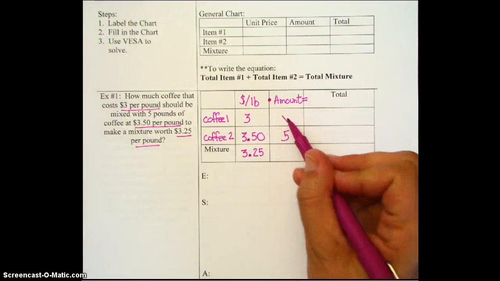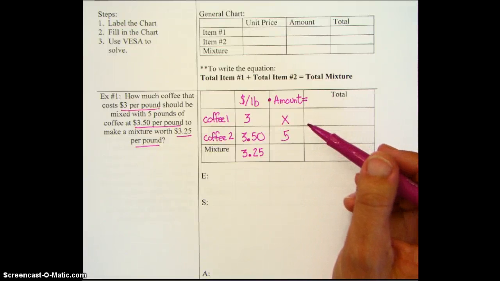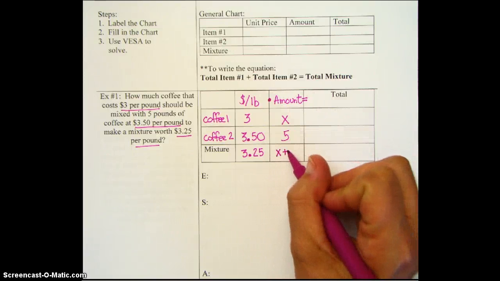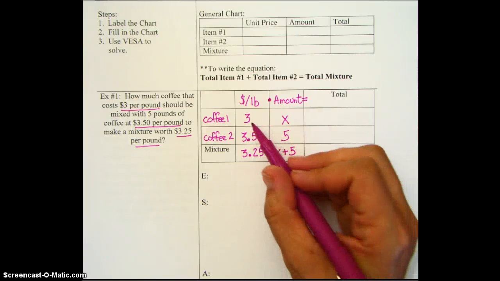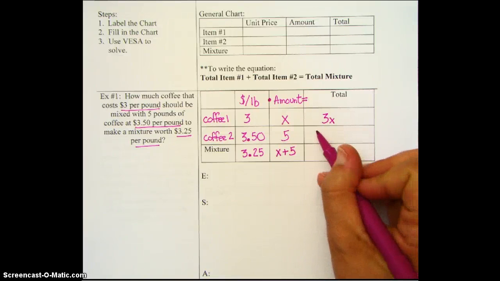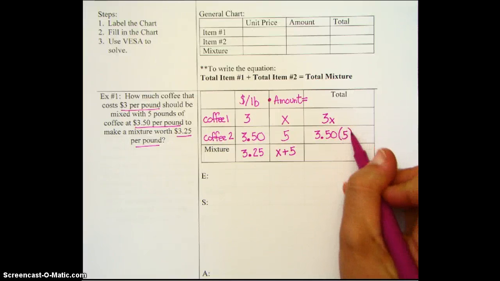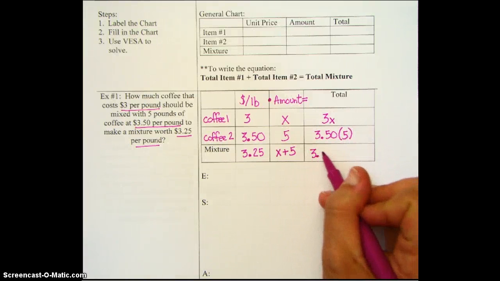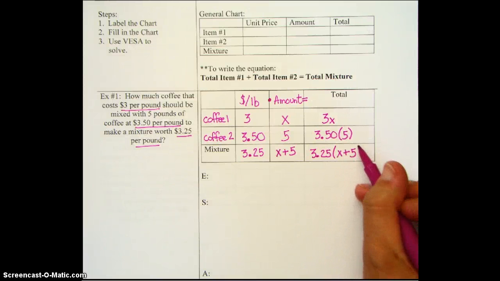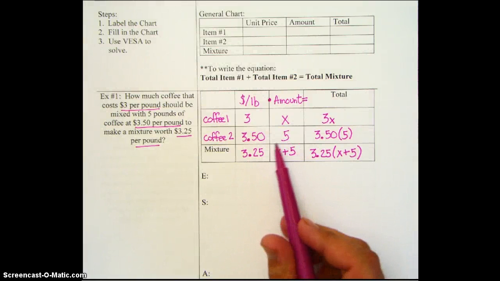We don't know how much coffee 1 there's going to be. Think about it. If we have to put coffee 1 into a basket with coffee 2, the act of putting in is addition. So we're going to add x plus 5 on the bottom. 3 multiplied by x gives us 3x. $3.50 times 5 will be our answer in the middle. And then we've got $3.25, and then times the quantity, x plus 5. It's very important to make sure you multiply the $3.25 by both the x and the 5